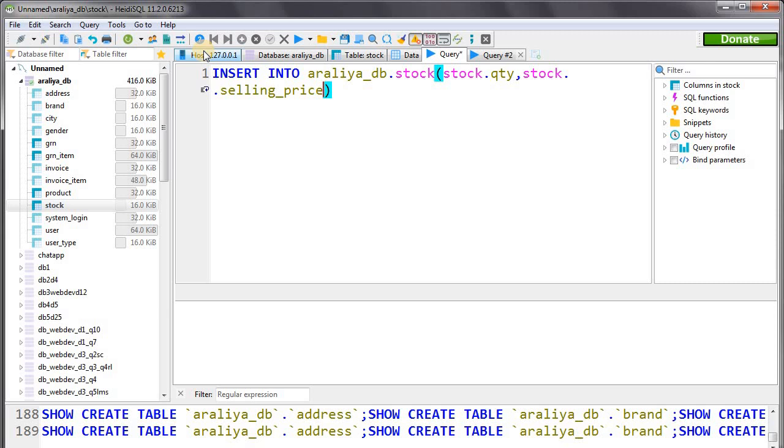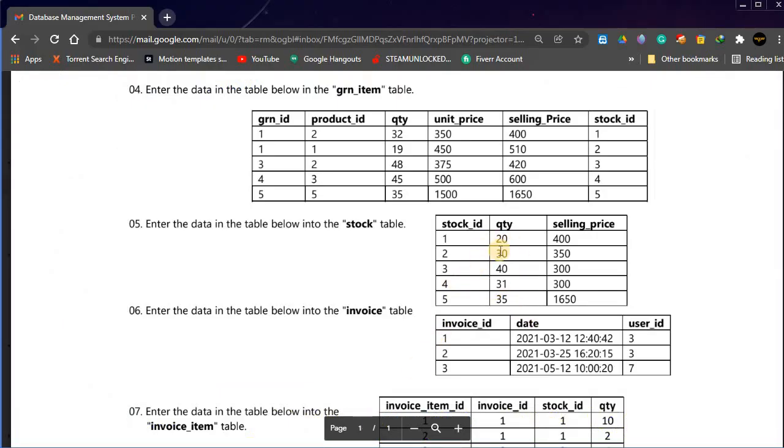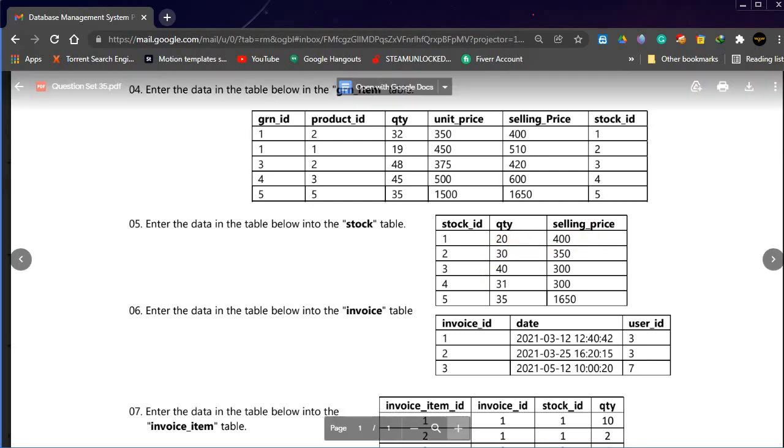Okay, these are the two pieces of data we are going to enter. Now we can enter our values, and here's the first value, quantity 20, selling price 400.